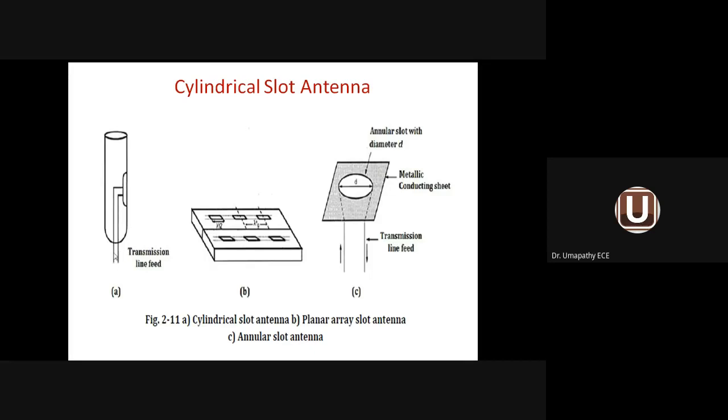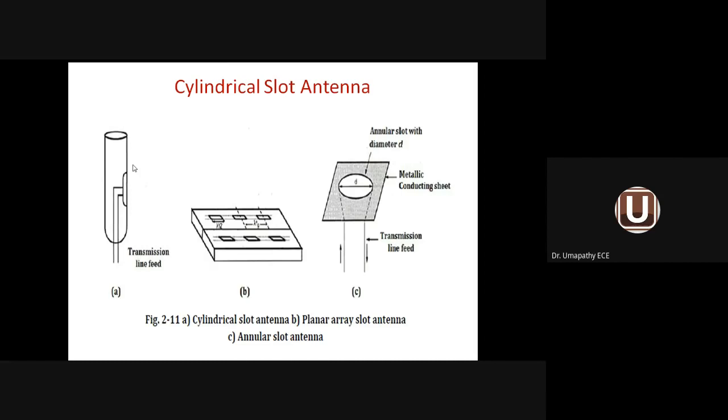And this one is a transmission line through which I'm feeding the signal into the slot antenna. Because when I feed the signal into the transmission line, through the transmission line into the slot antenna, it will start radiating into the free space. I have taken a cylinder, I have made an opening in a vertical manner. Through the opening, a transmission line is fed so that the signal is fed into the slot. Now the total setup is called cylindrical slot antenna.